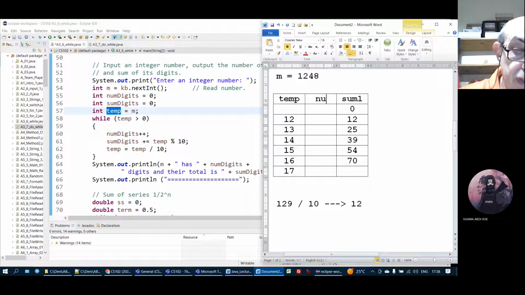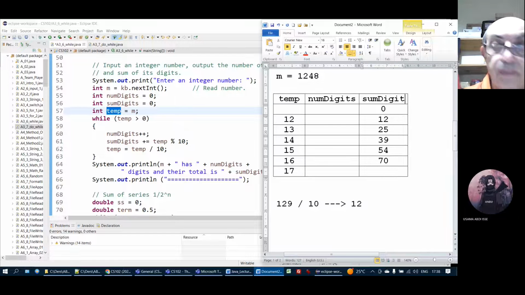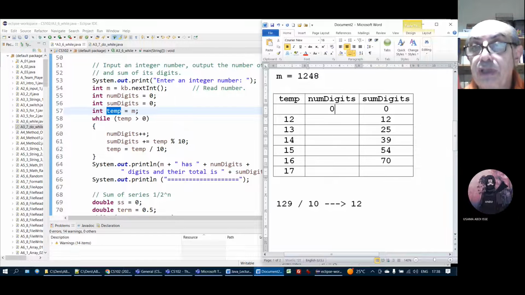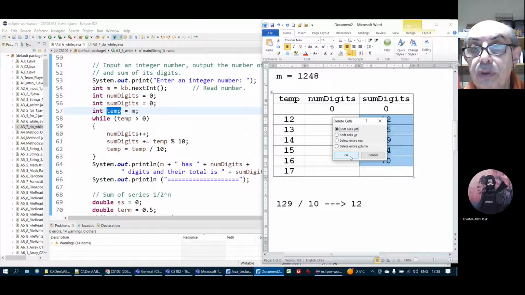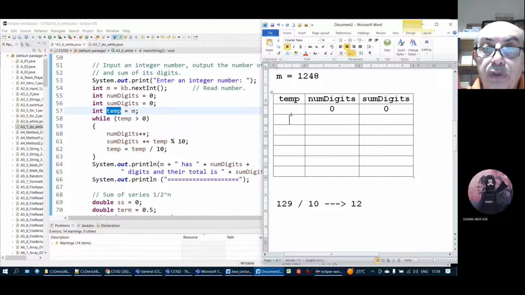This one is num digits, and the other one is sum digits. At the beginning, we assigned 0 to both. And I will just delete this. So temp initially is